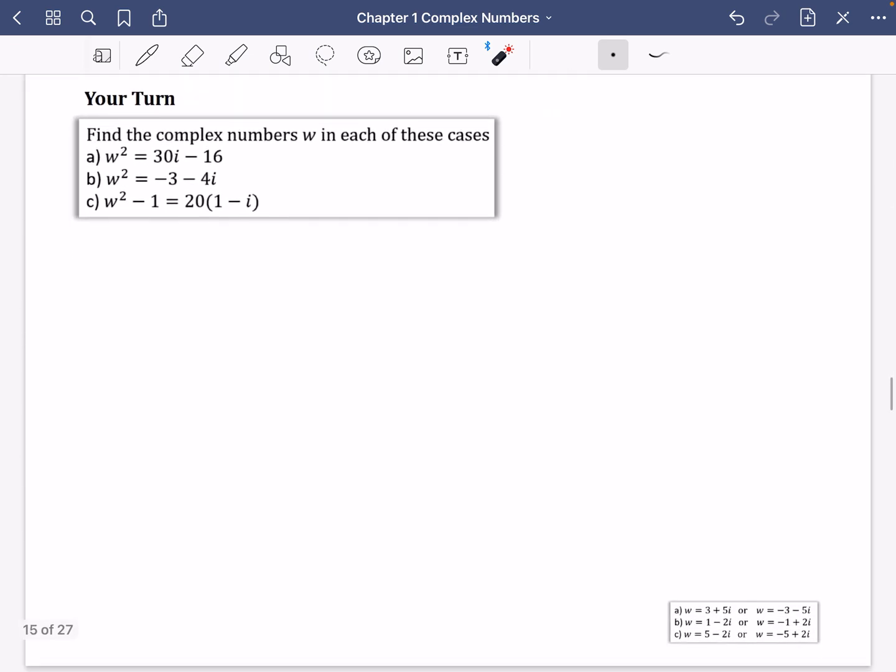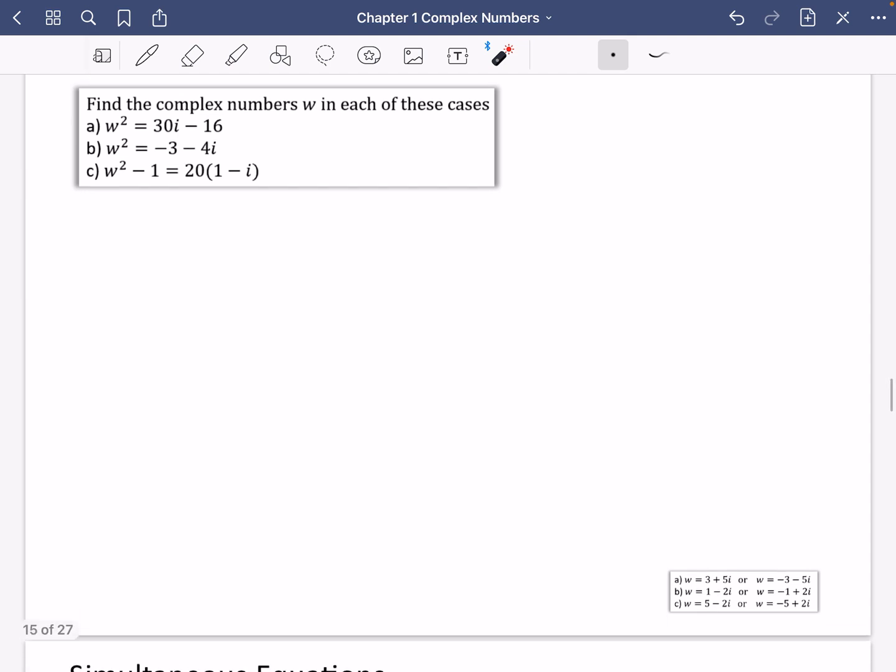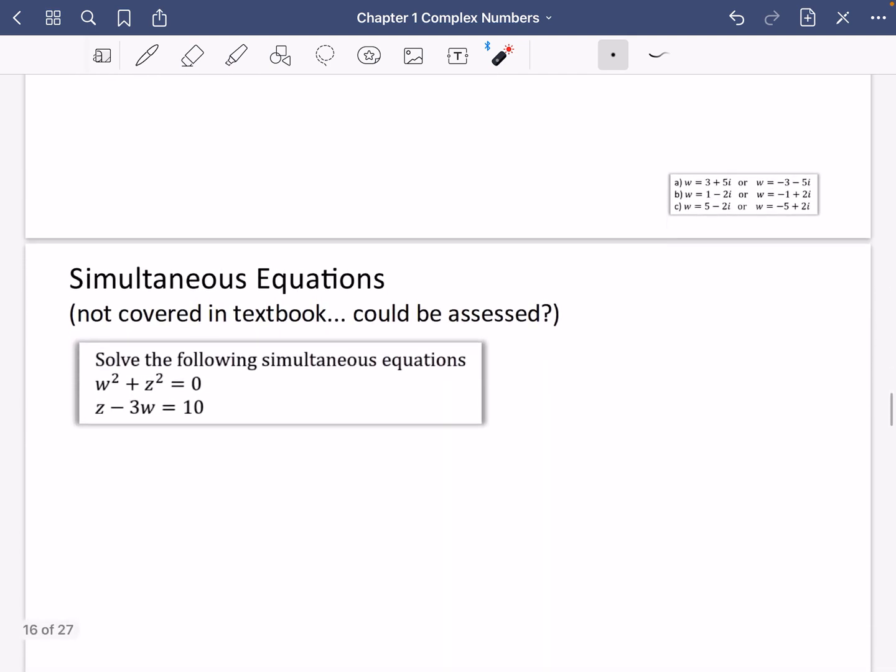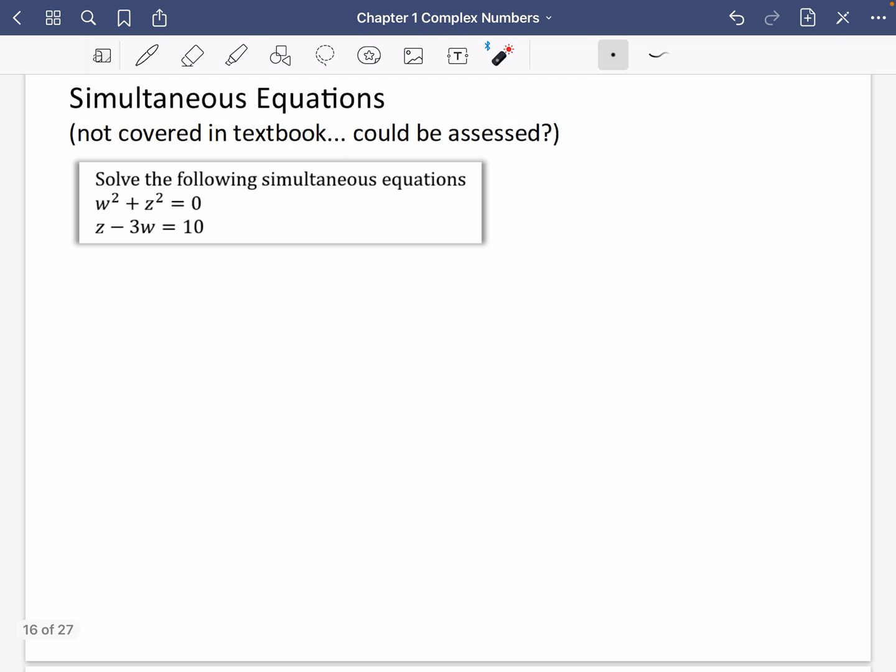So for these ones I've got here, I've just got 3 questions for you to find out what w is equal to, and I've got the solutions down here so that you can check if you've got them right. Maybe do a couple of them using the long method, and then maybe the remaining one just using the calculator. One last thing that also doesn't really get covered in the textbooks but could come up is